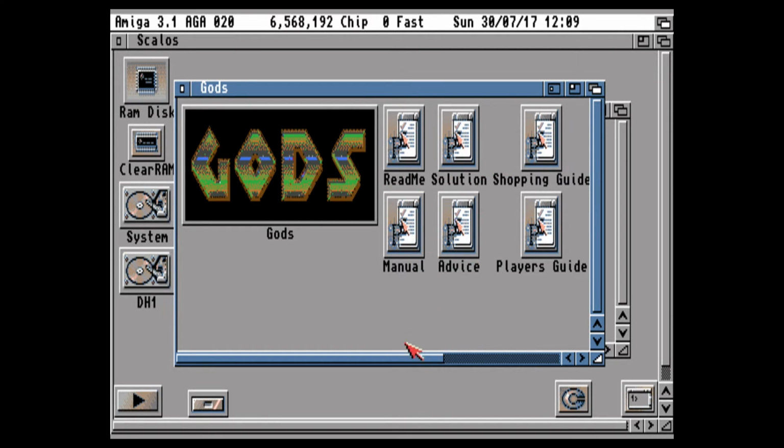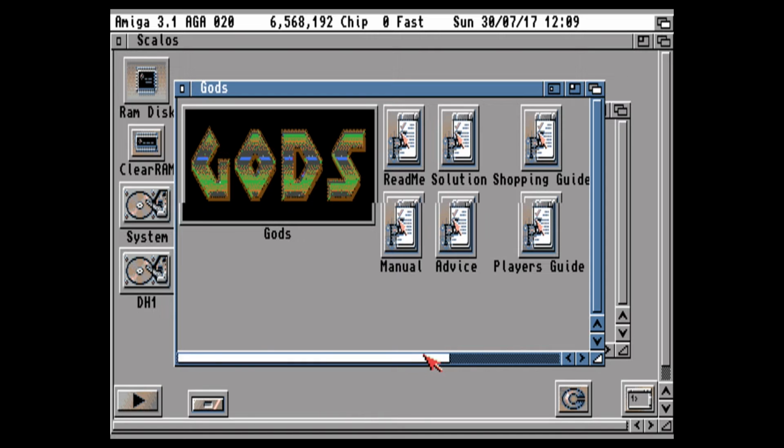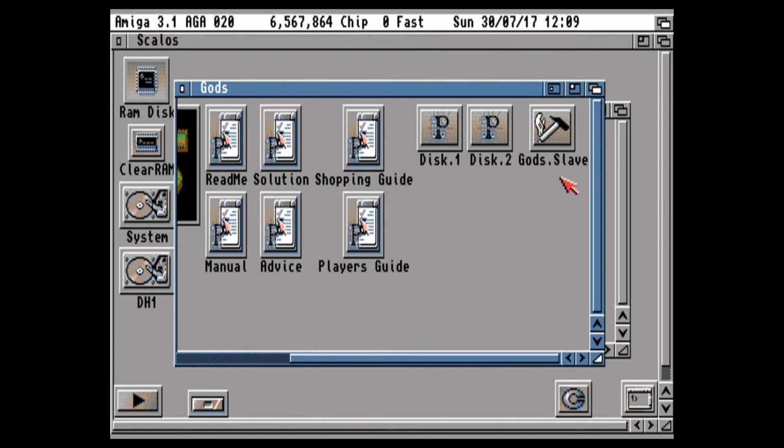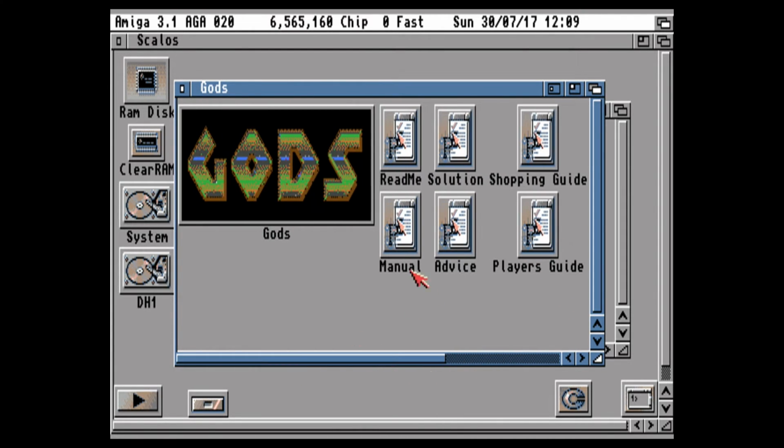So if you look in here, we've got our disk images for the floppy disk this came on, and then we've got some manuals, readmes, some of them like this has solutions, some of them have like walkthroughs in here, players guides and stuff. So this basically is somebody took this game and they packaged it up in such a way that the whole thing can be downloaded all as one file, and they come as zip files, and you unzip them, and then they're a directory with a few files in there. But essentially this is just like a game in a wrapper.